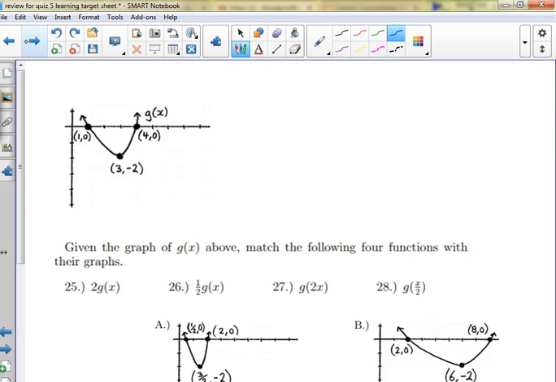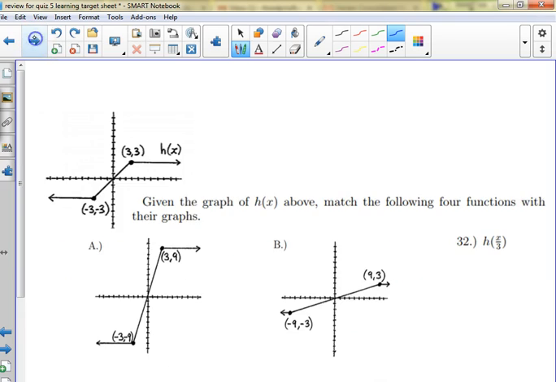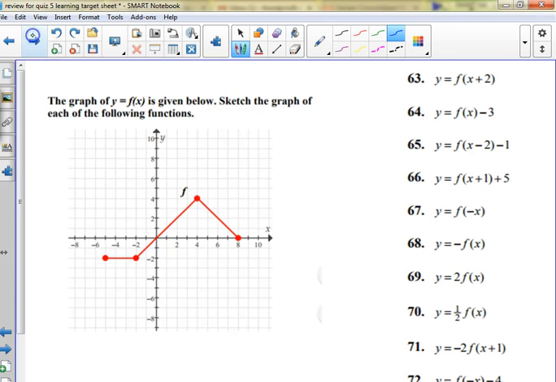Oh, I ran out of time to do the fun ones. Guys, the matching is a little bit tricky, okay? If you need more practice, there's a worksheet in the back. Let me stop the recording, but